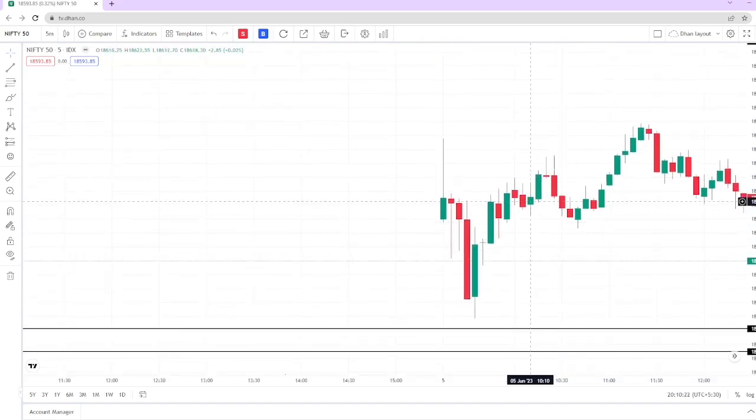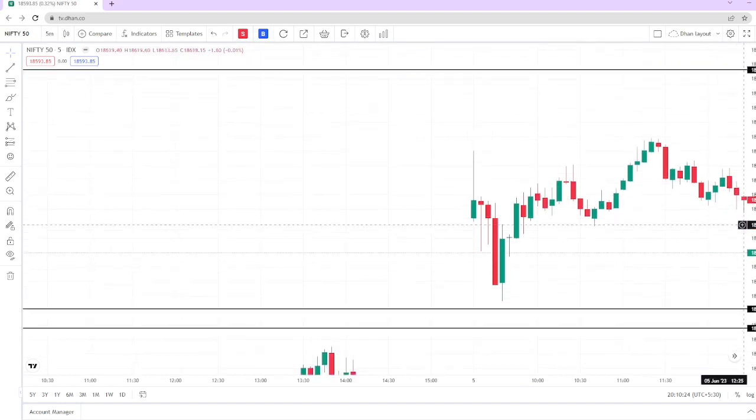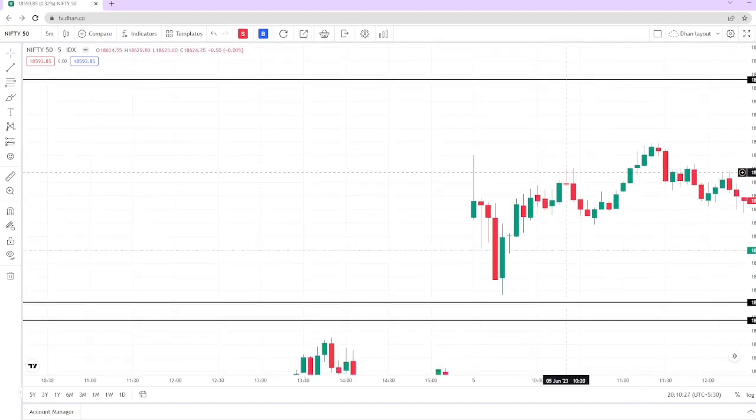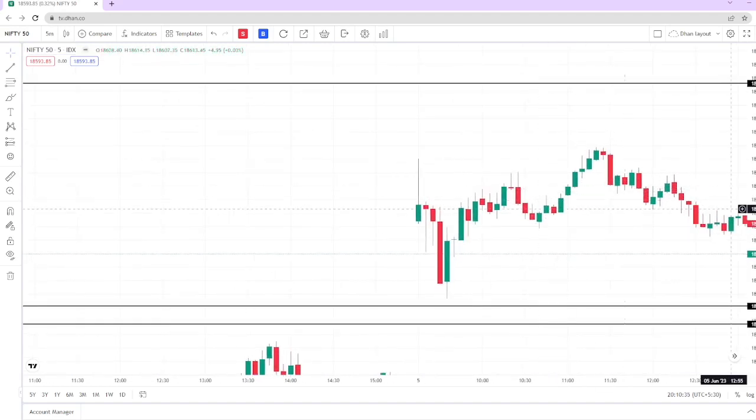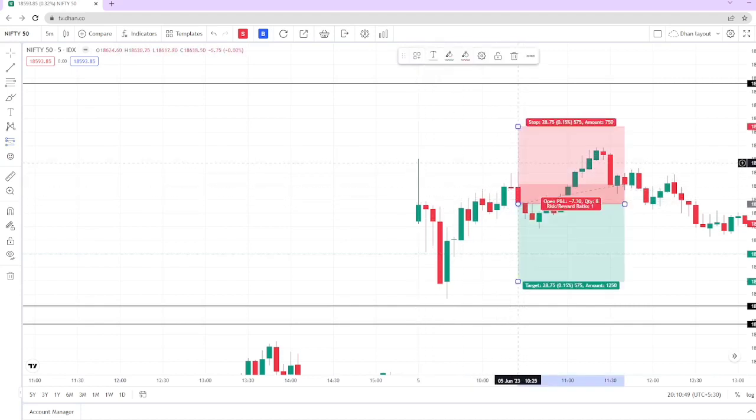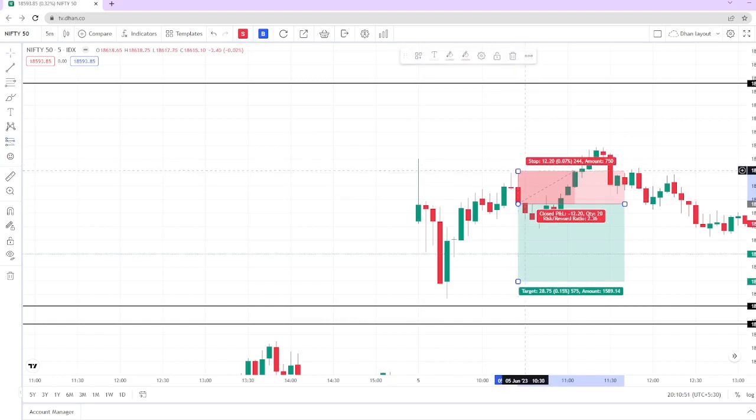So traders, after this we saw that when the market was going at around the day high of today, the market received some selling from the upside. This was a strong red candle with wick rejection from the upside. Whenever this kind of candlestick forms at around the day high zone, that is the resistance zone from where previously we have seen selling in the market, then as soon as this candle closes, with just a stop loss above the wick, we can go for a scalping trade,